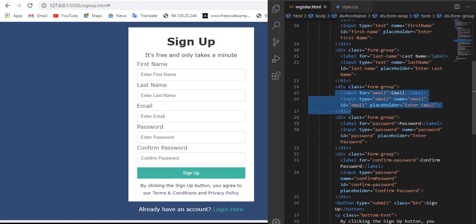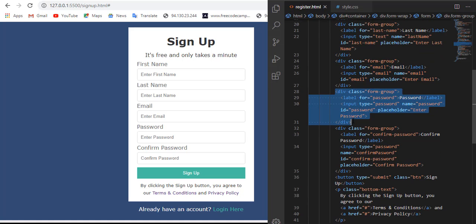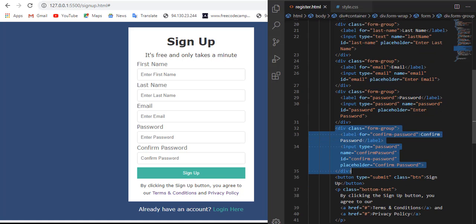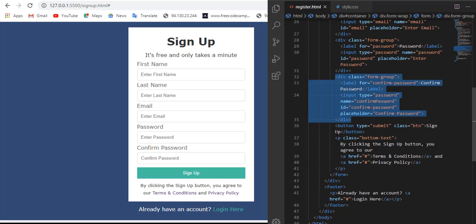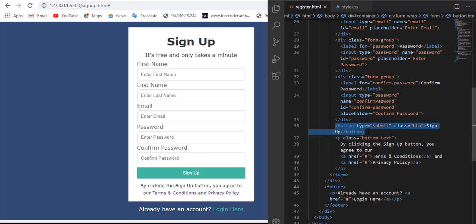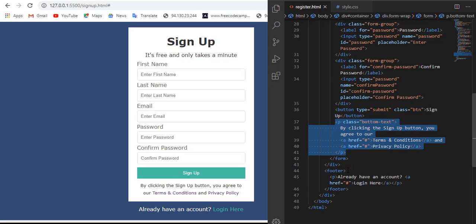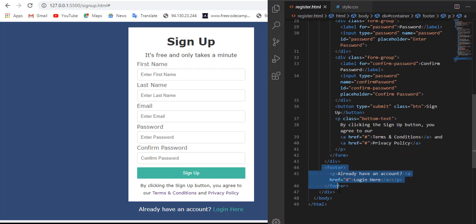And this one is for the email. And this is for password. And this one is for confirm password. And this is the submit button. So this is the paragraph for the button but inside the form. And this is our footer, which is the one you see here down the form.